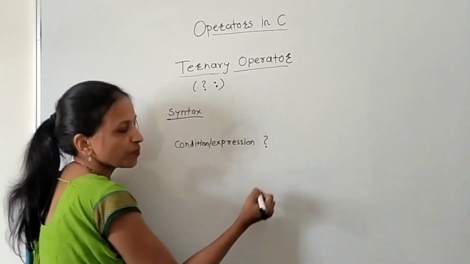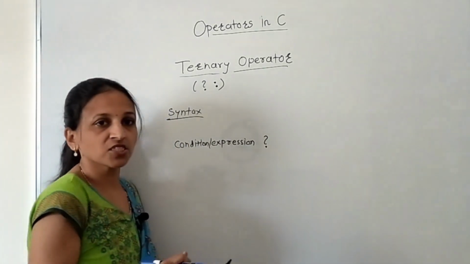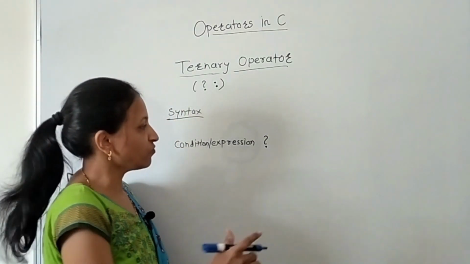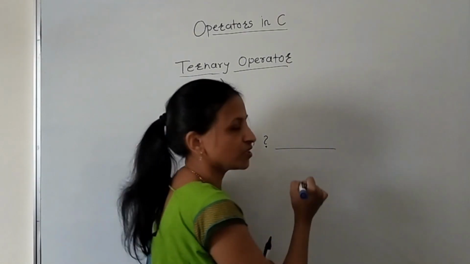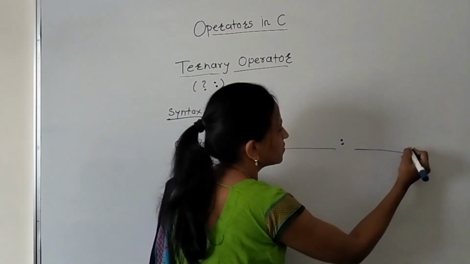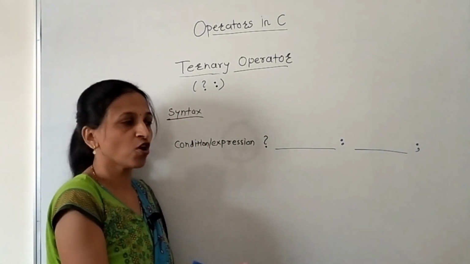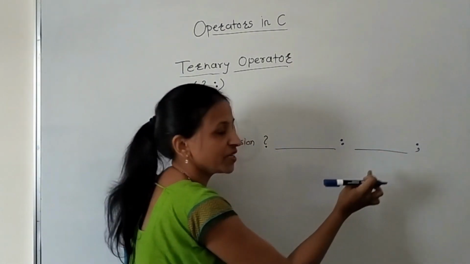After that you have to place a question mark, and if this condition or expression gives a true result, then what should be executed, that you have to write here, and after that if that condition or expression, whatever may be the result, is false, then what should be executed, what should be returned, that you